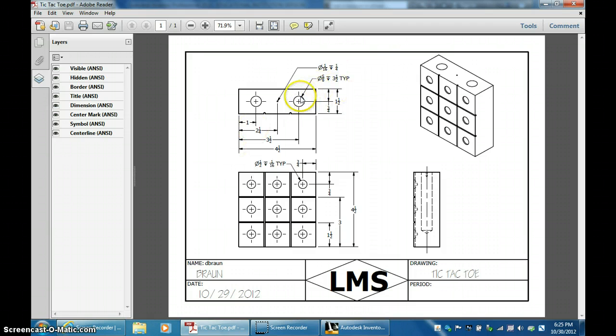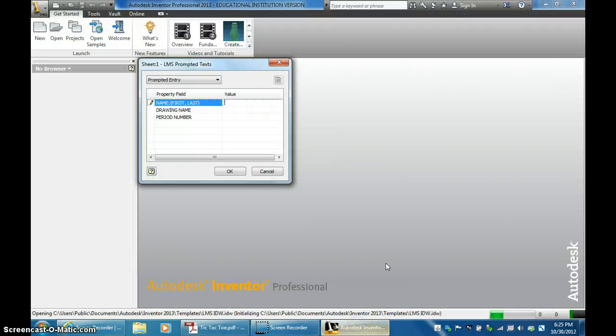You want to make sure if you have multiple holes, they're going to go up and over at the same angle, and you don't want any redundant dimensions, which means you don't want to dimension things more than you have to. So, what happens is when you open the LMS IDW, it might take a while, but